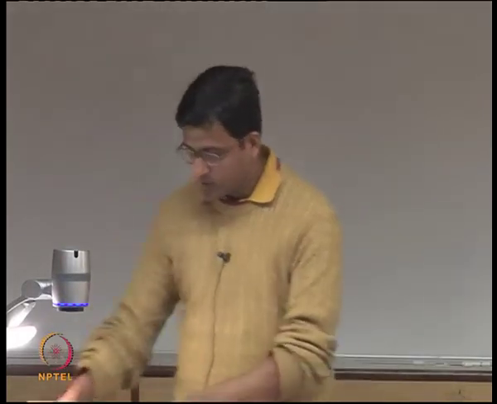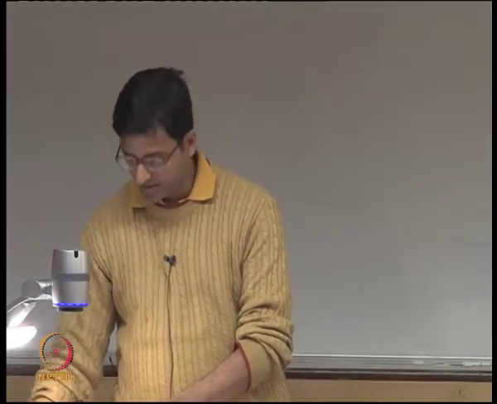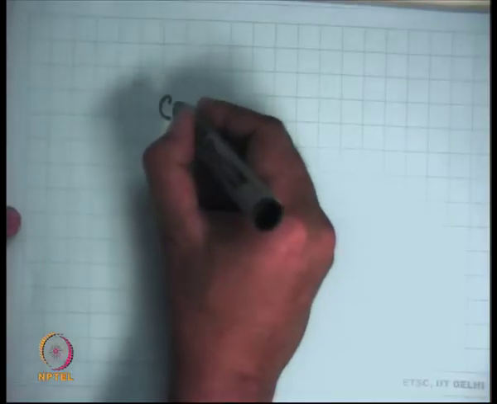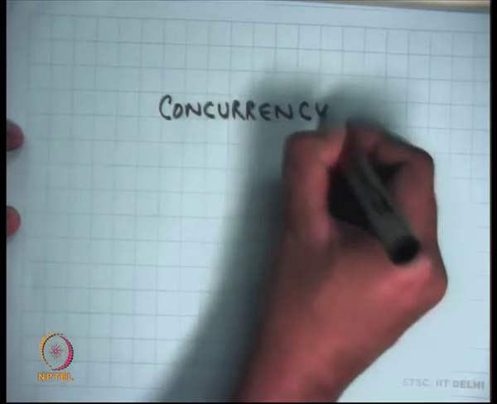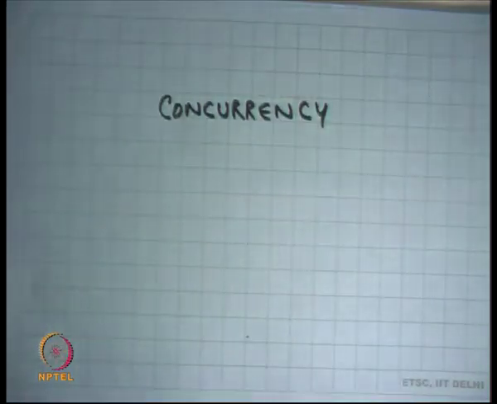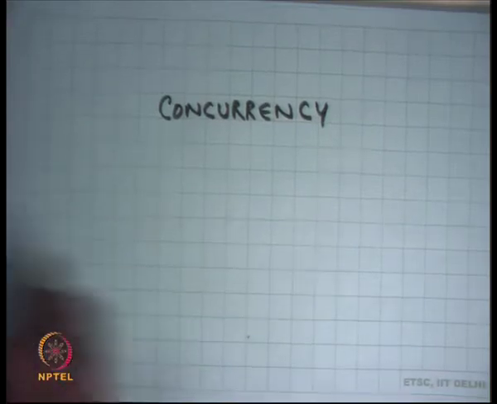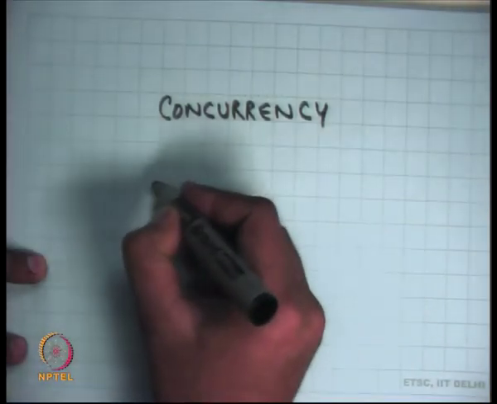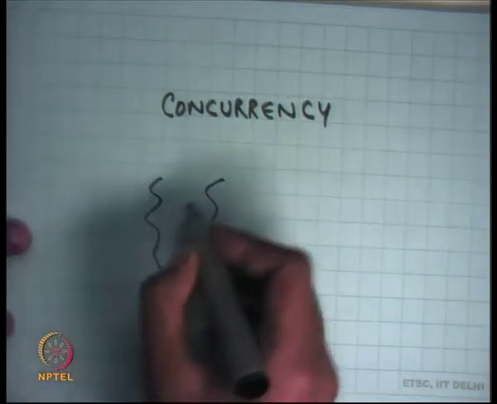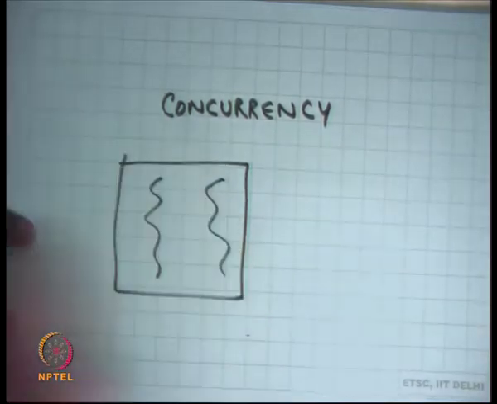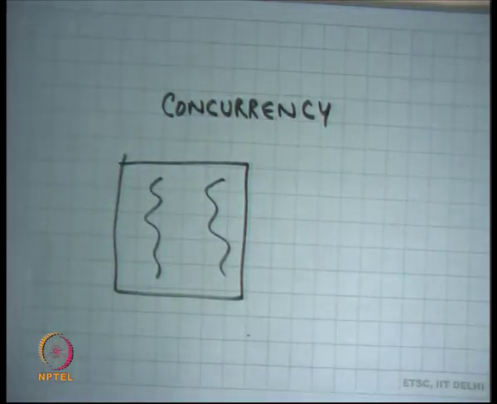Now I'm going to talk about another very interesting topic, and perhaps the most practical and useful topic in this course, called concurrency. So what is concurrency? We said that every process is a thread. So we already know there's a notion of a thread, and the idea is that threads execute in the same address space.